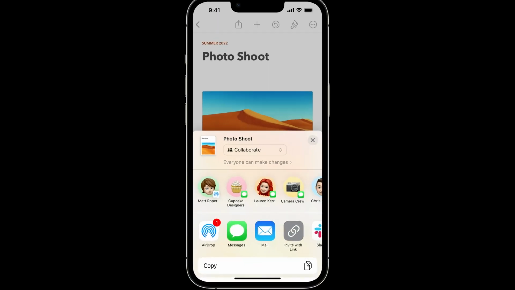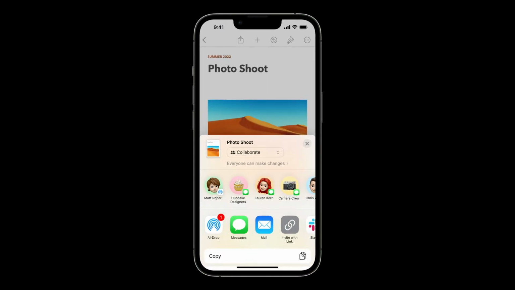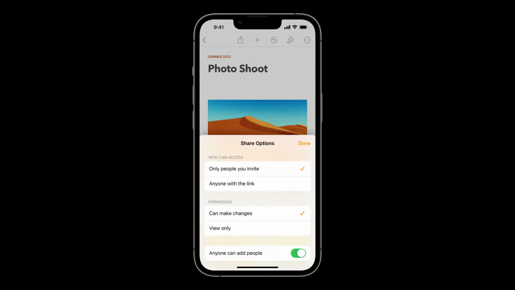You need to provide a descriptive copy of default settings your app supports. To avoid truncation, be as concise as possible. The permission settings screen will be presented when tapping on Everyone can make changes text. When customizing the screen, keep the structure of choices simple so people can easily skim the options and make quick